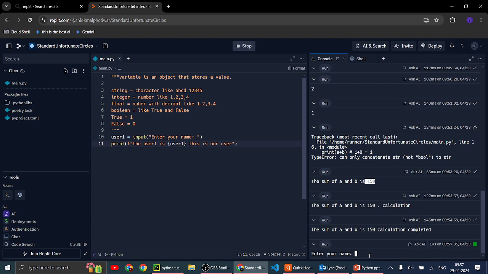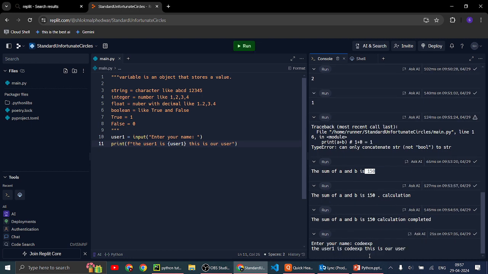Okay, so the username would be codeexp. The user is codeexp. This is our user. So it will print user one from this.